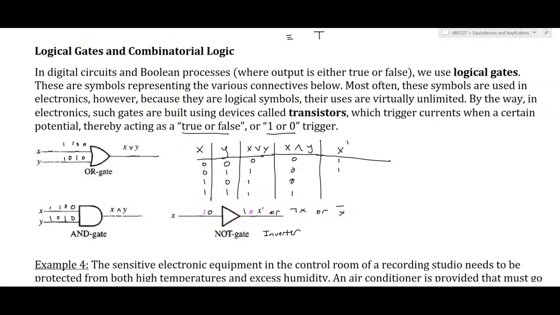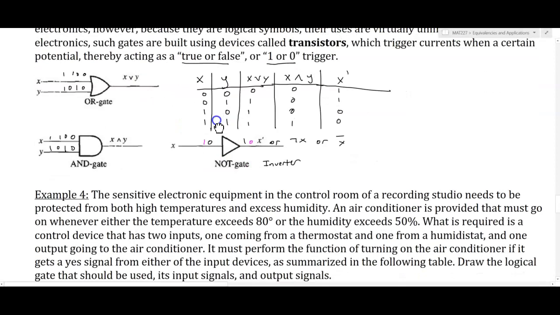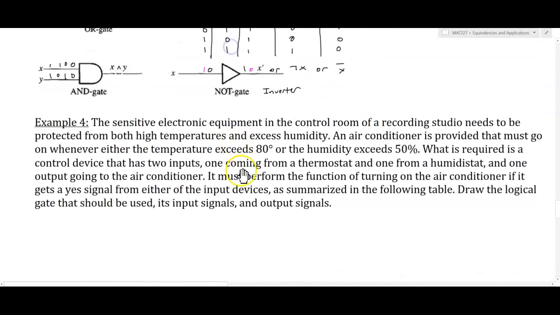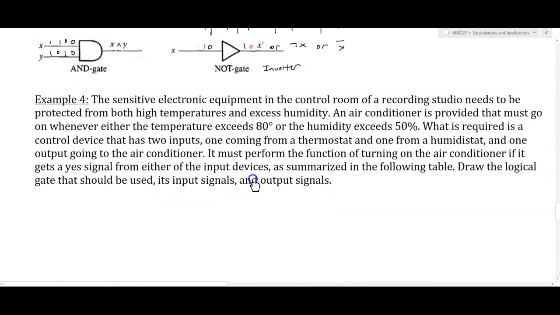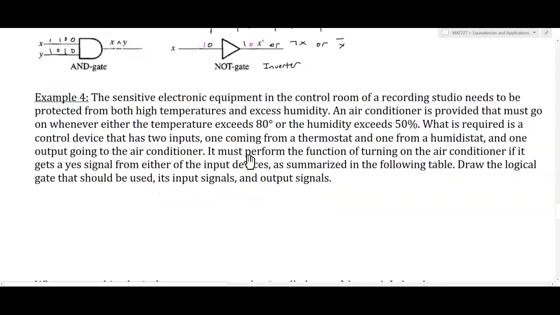So that's why we call it an inverter. It inverts the signal. And with these 3 gates, we can pretty much build any other gates and fabricate a whole lot of other types of equipment. But let's just sort of model with this, and let's see how we could take a situation and build something useful. So the sensitive electronic equipment in the control room of a recording studio needs to be